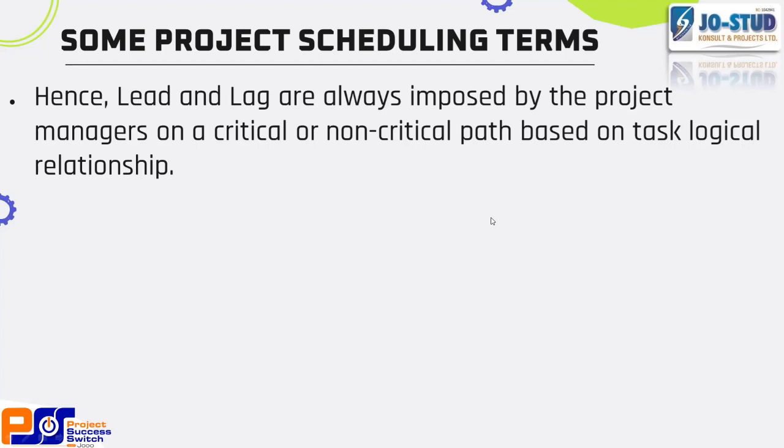The issue with crashing is that it adds more cost to your project. Usually people don't like crashing because it adds costs to the project. You have to pay more for labor. But for fast tracking, the disadvantage is that it adds a lot of risk to your project. For example, your masons, you want to pay them the same man hour you are paying them, but now